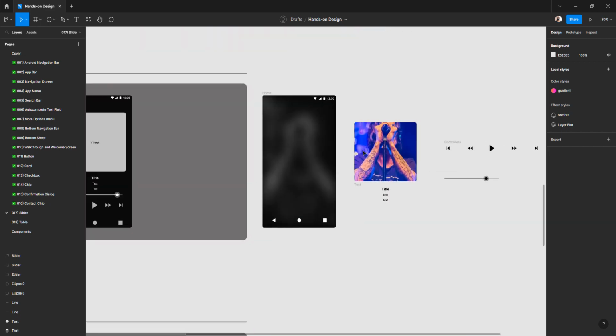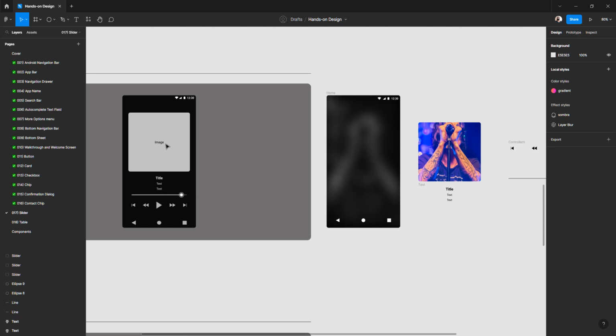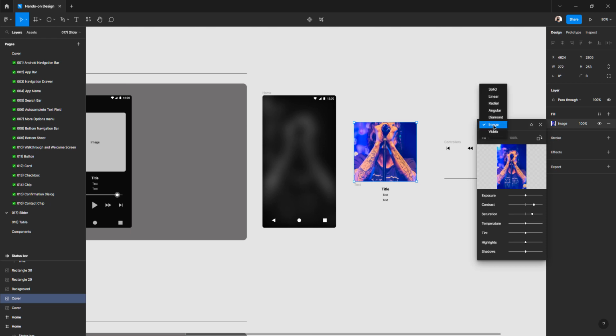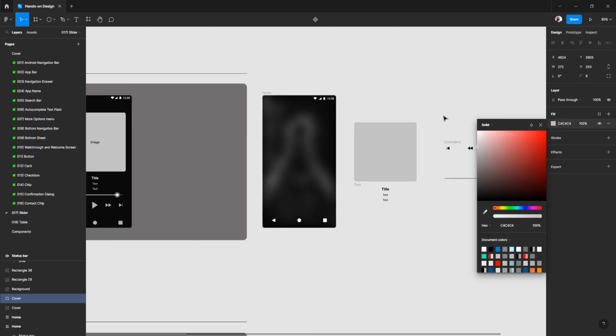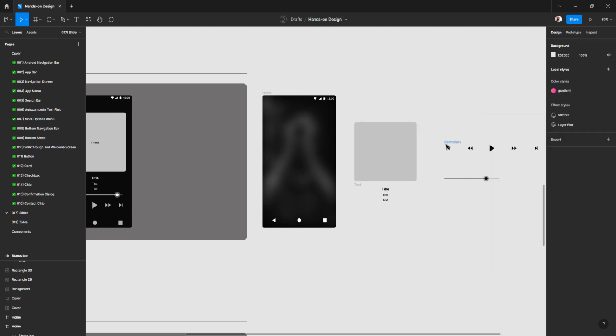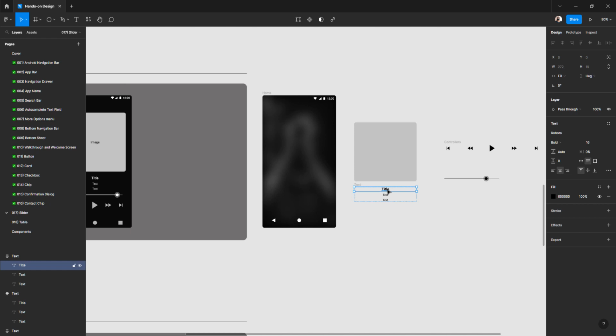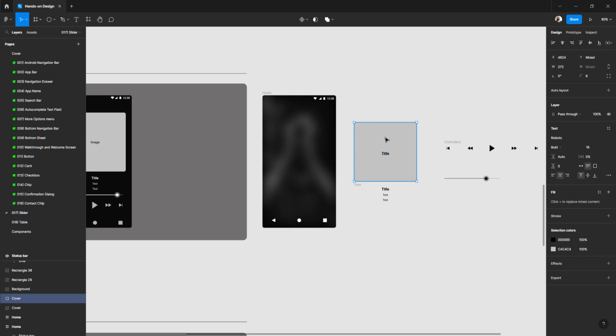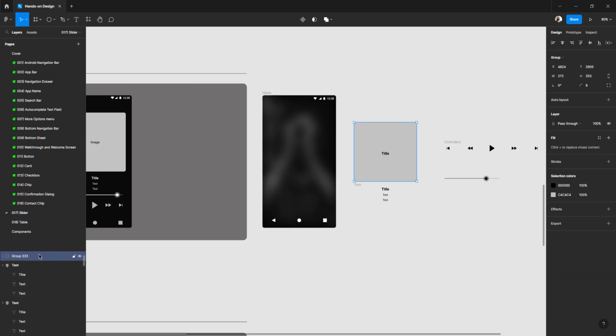And here we have title, text, image. The only thing I'm gonna change here, I like to go this way, and I showed you before many times, I prefer to have the images like this. It's gonna be better in my opinion. So I'm gonna copy this one here. I'm gonna group cover and text. I'm gonna call